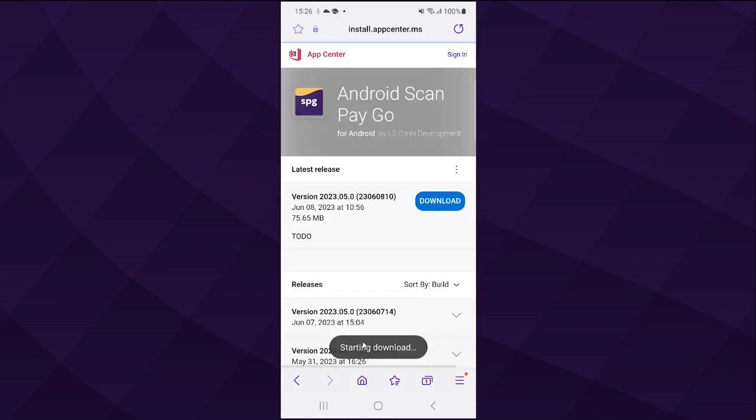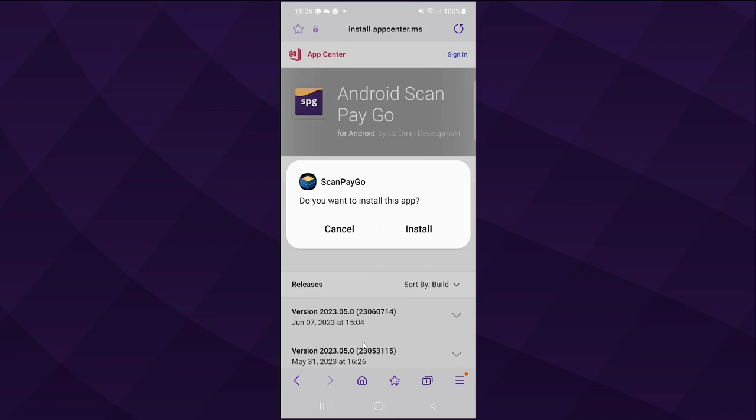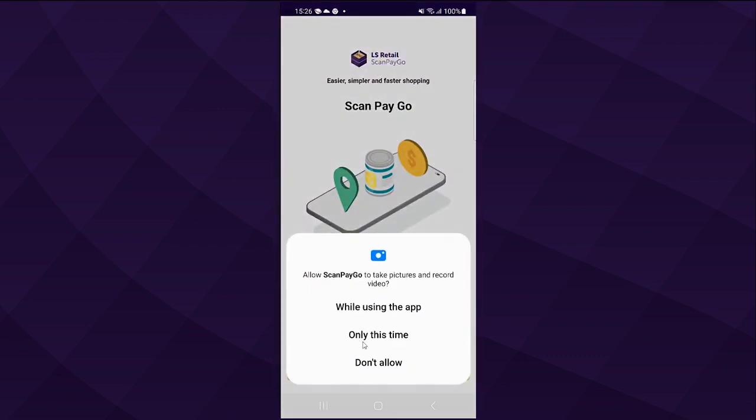And you download. When it tells you, you open the file and you install. And let's open it. And since we were installing it again, we need to answer these questions.